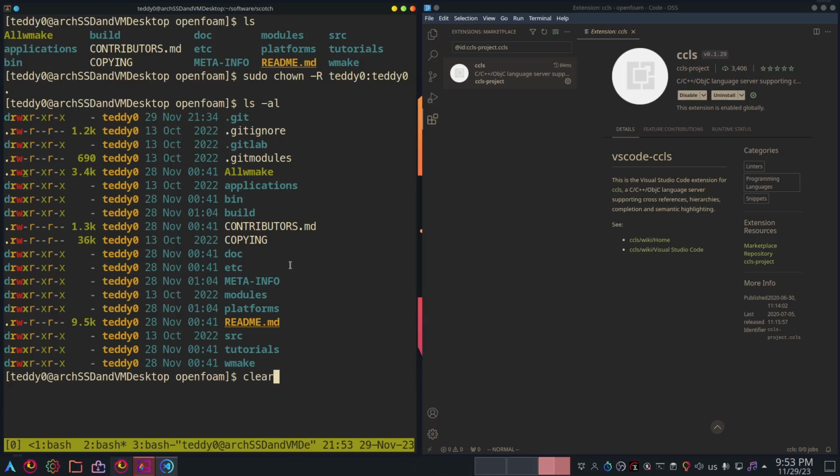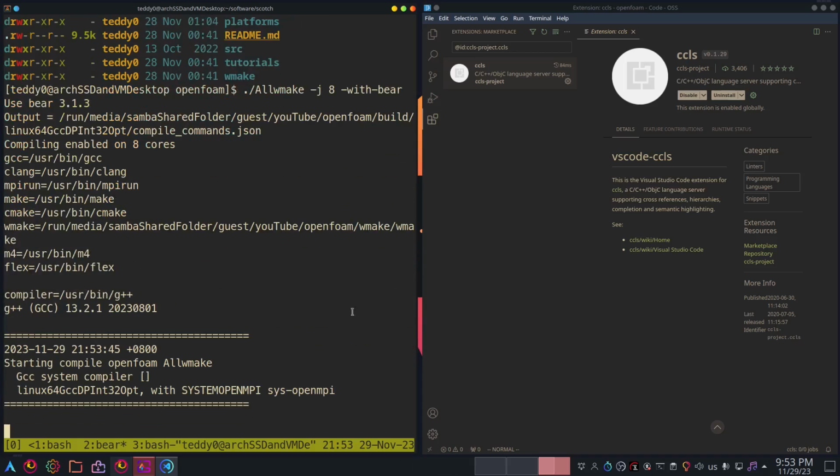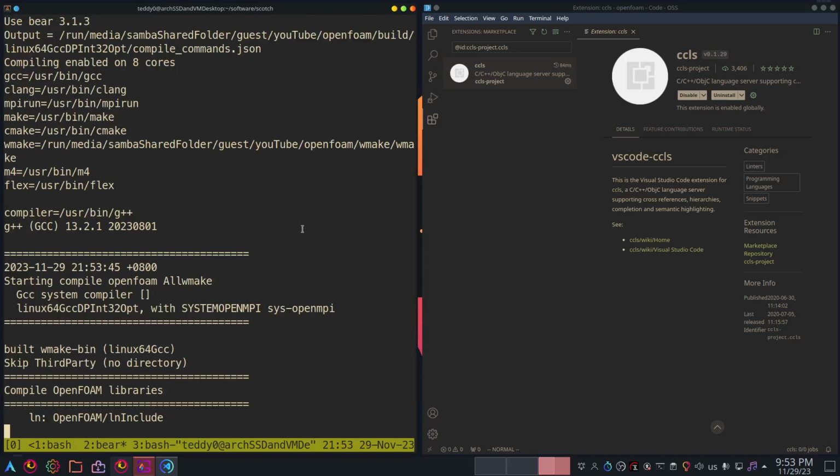So now I should be able to do the wmake command. Okay, so good. It's now working. I shall just have to wait like 1 hour. I don't know how long this is gonna take, but yeah. So as you can see, g++ is being used under the hood. But yeah, this is what you need to do